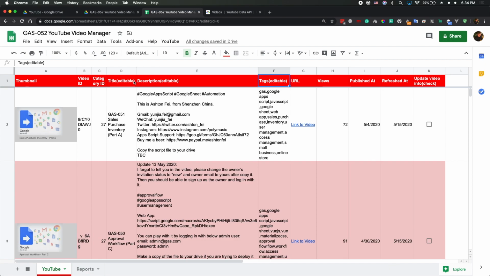So basically, right now in this tool, you have three editable columns here for your videos. But of course, you can add more in this tool if you'd like to make other changes for your videos. And also, you can put some static data for your videos, like the views, how many